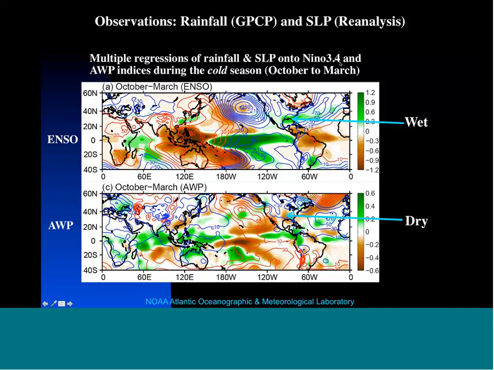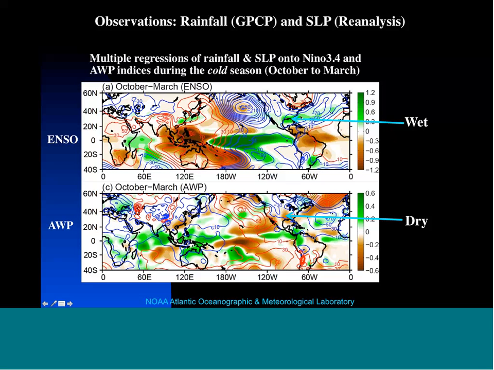So we first take a look at ENSO. We focus on the North American region. You see, we have a strong positive rainfall regression during the cold season. What does it mean? This means that when we have a La Nina in the Pacific Ocean, the South U.S. rainfall will decrease. When we have an El Nino over the Pacific Ocean, the rainfall over South U.S. will be increased. This is consistent with the previous result. For the sea level pressure response, you see low pressure in North Pacific, high pressure over Canada, and low pressure over South U.S. This is the PNA pattern.